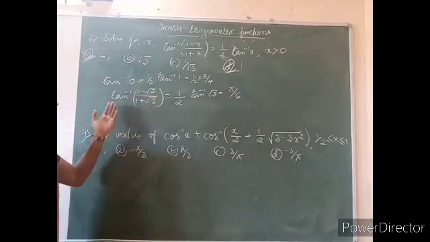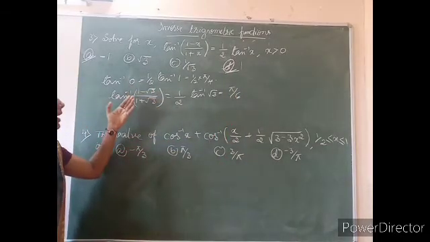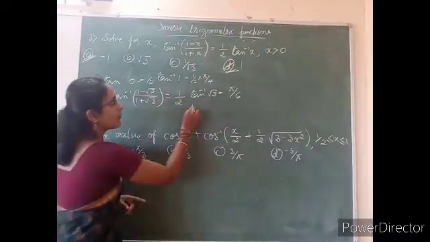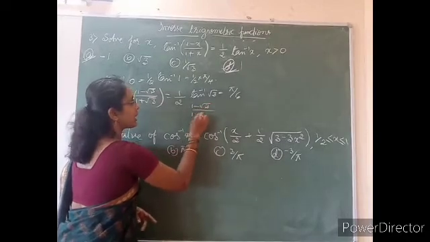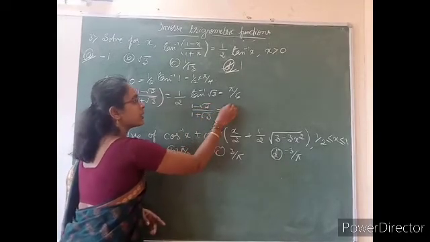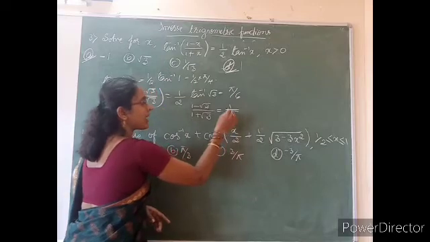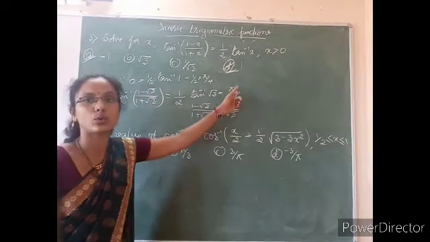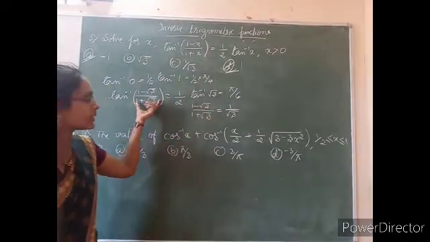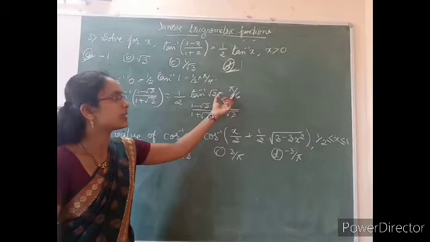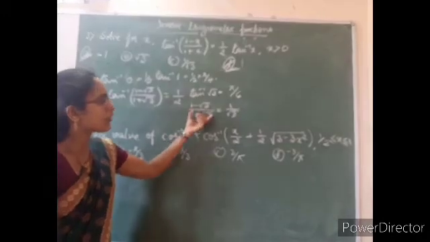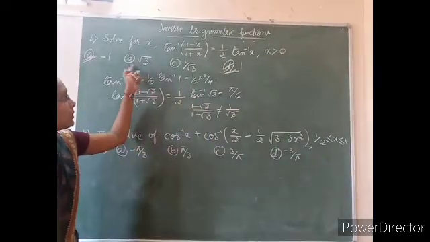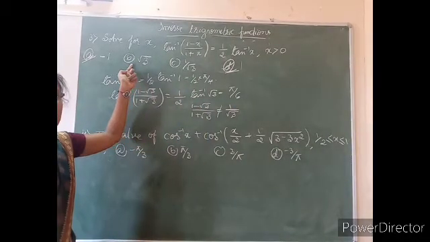That means tan inverse of (1 minus root 3 divided by 1 plus root 3) is equal to pi by 6, which implies 1 minus root 3 divided by 1 plus root 3, if you simplify this, you must get the value 1 divided by root 3, because tan inverse of 1 by root 3 is equal to pi by 6. Therefore, only if this is equal to 1 by root 3 is it possible. But you know that this cannot be equal to 1 divided by root 3. Therefore, option B is also not the correct option.